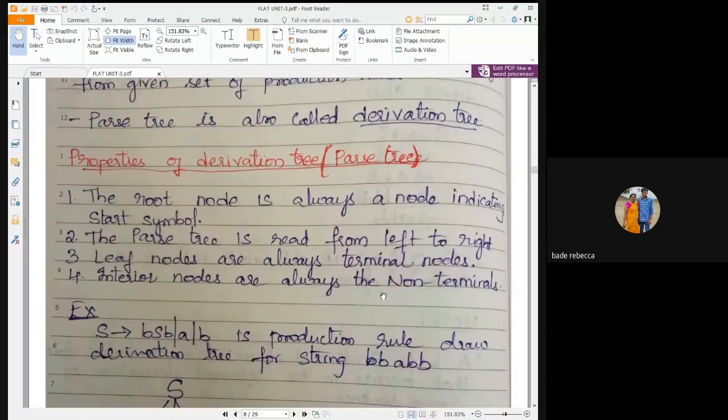Coming to applications, we have seen two applications when dealing with the programming part. In the construction of compilers, in the first phase, the ID generation is done. For that, we need context-free grammar. In case of web development, XML tools, for defining the tags, we use this context-free grammar. Is it clear?